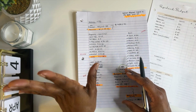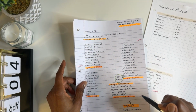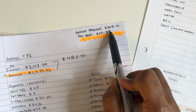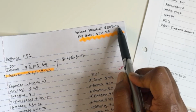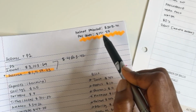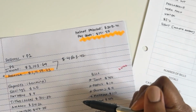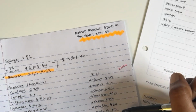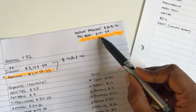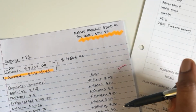So I think I just talked myself and worked through the problem. So I don't think I'm going to be making that extra debt payment. And I have a little note for myself that my Nelnet payment is actually going to be $308.41. So I have to manually go back into my account and put in an extra $141.59 to make up for that $450 for my Nelnet, which is the $450 that I budgeted. So that extra $141.59, I have to actually log in to put that in, so that it would equal